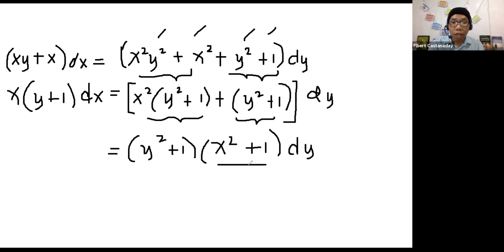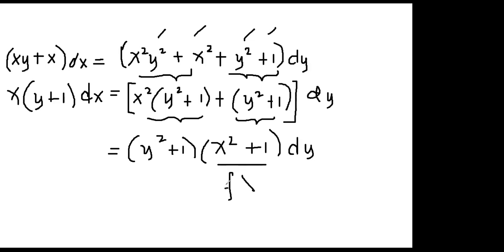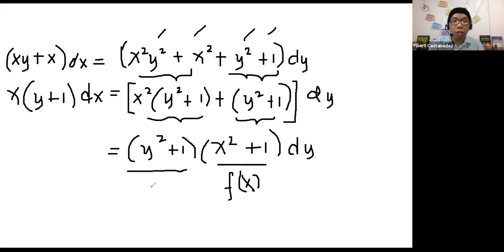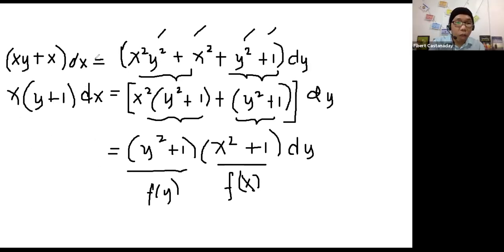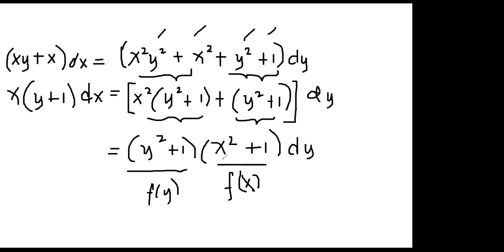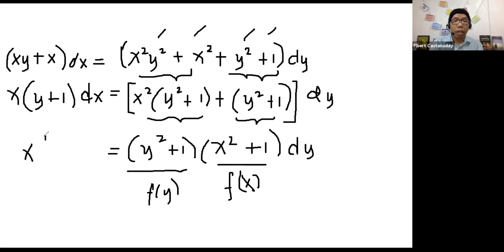Okay, so what can you say about the resulting side of the equation? Ito, pure function of x, di ba? Right? Ito, pure function of y. Right? So, separable siya. Kaya natin i-separate yung variables. Okay? So, having written that, ayan, ito, we can actually eliminate what? Y plus 1 dito. Ito naman, we can remove x squared plus 1. Sige, kopyahin na lang natin. So the equation actually here,